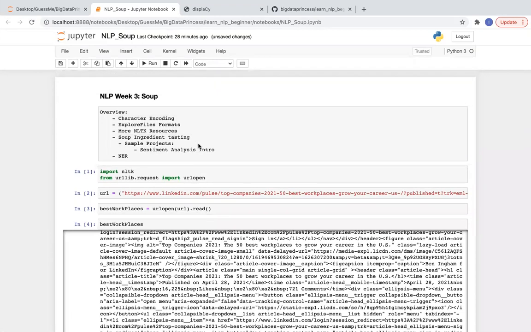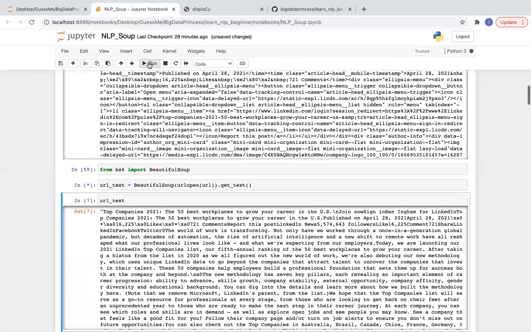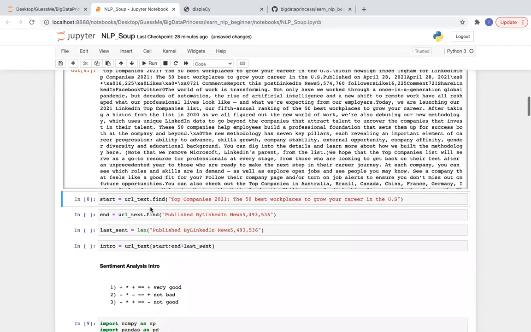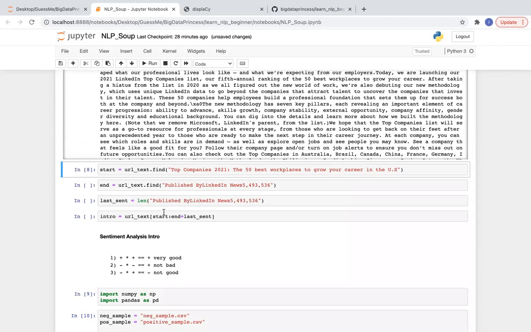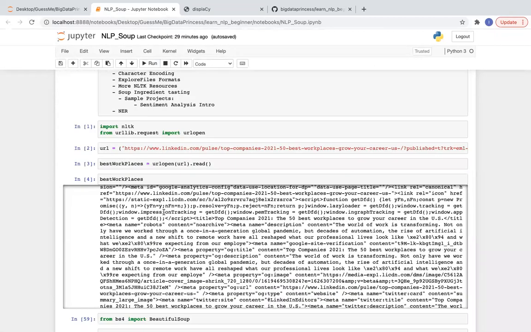The theme for this week is soup, just because I did a mumbo jumble of different stuff, showing how you can use Beautiful Soup to read a text, and how, probably by next week, we're going to be able to analyze this text properly, getting the beginning and the end of the text, and be able to tokenize each sentence from that text and figure out what the words are, which leads us to the major stuff for this week, which is